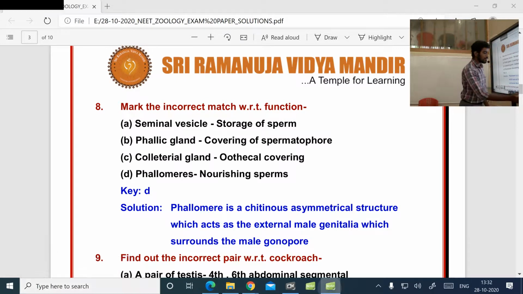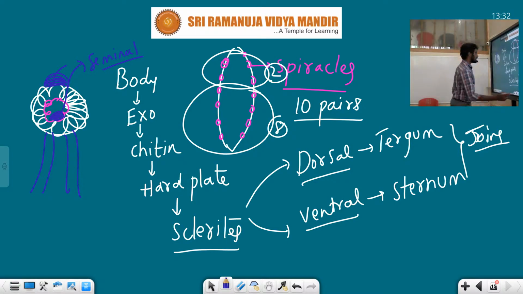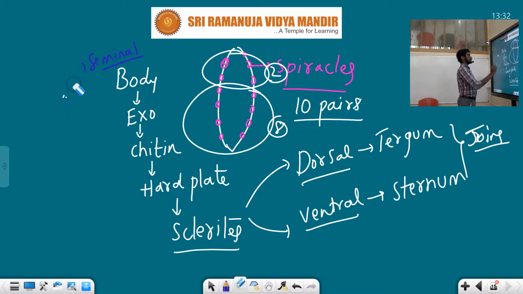So let us talk about where the collateral gland is located. Again I will draw the diagram. Suppose you can see the collateral gland. Now you can see, students, this is about the female gonophysis, right? From this there is a large collateral branch.